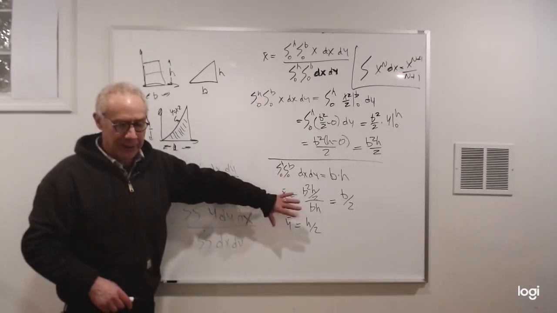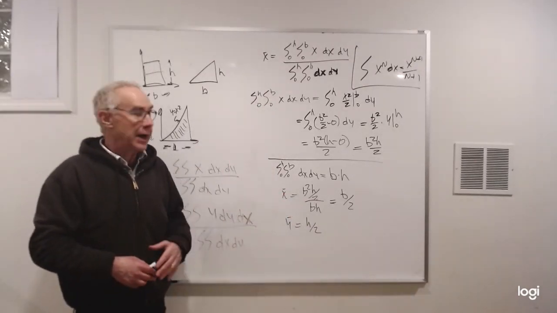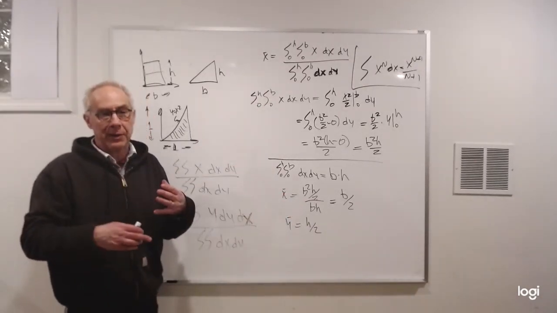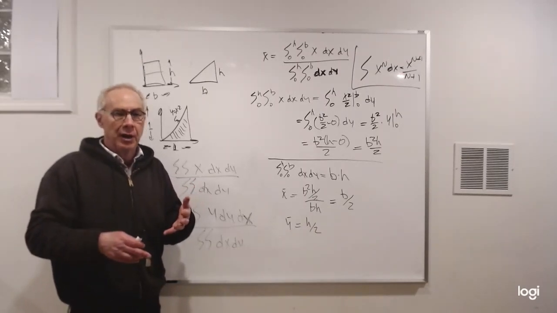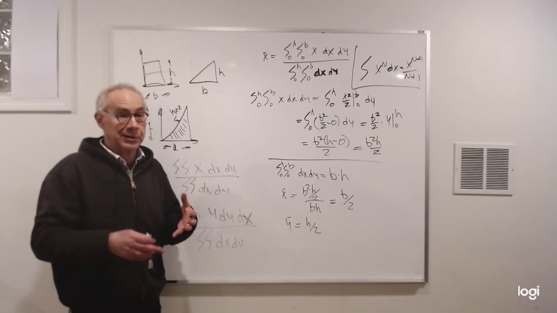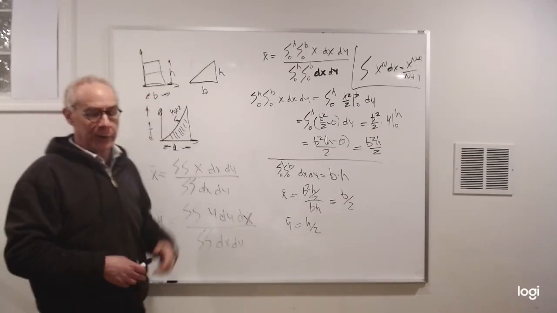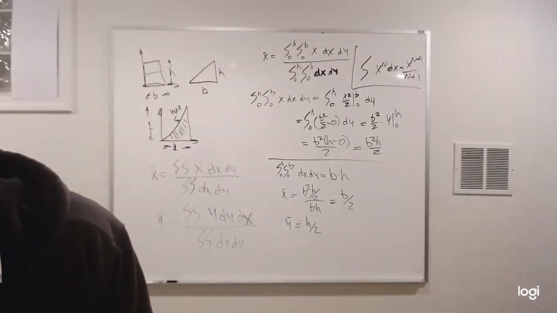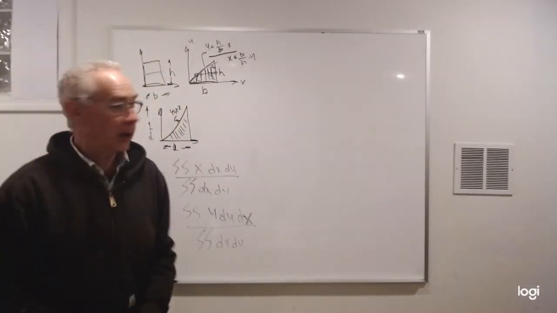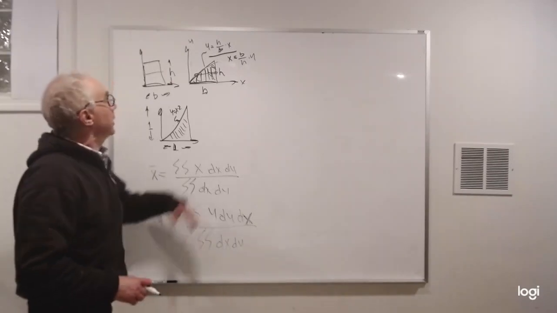I'm going to erase this. We'll go back to do that. And once we finish this, I'm going to give you the general principle for finding the centroid of a triangle, because it's almost just as easy as the rectangle. Okay? So I'm going to erase the board, pause this, erase, go back. Okay, so now we're going to deal with this